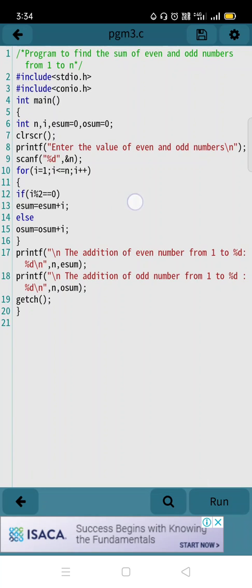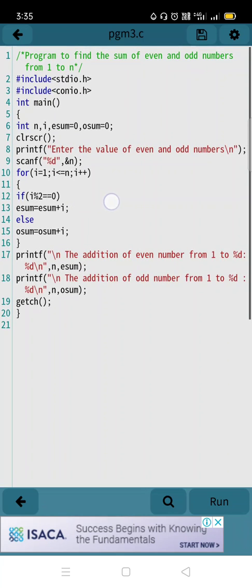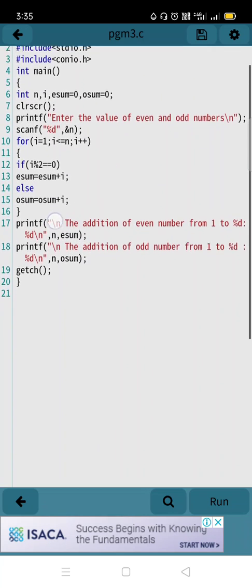So here I mod 2, that is 1 divided by 2. Will the remainder be 0 if you do 1 divided by 2? Tell me. Anyone? 1 is an odd number, right? 1 divided by 2 you cannot do evenly. So it is an odd number, and the remainder is not going to become 0, right? So it is not going to be stored in this. The condition is false. If the condition is false, then the else part will be calculated.